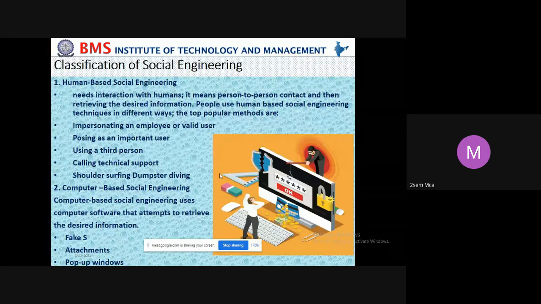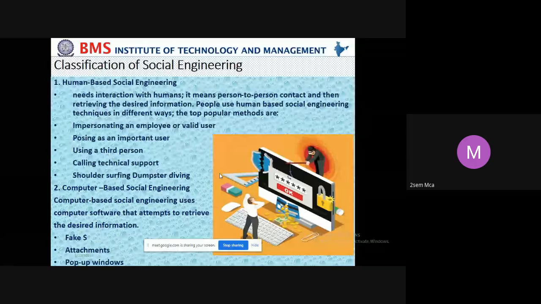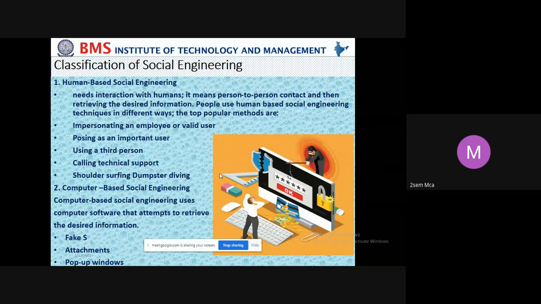Then posing as an important user. By posting some statements, they are trying to make you feel that he is important to you, to communicate with you, and so on.